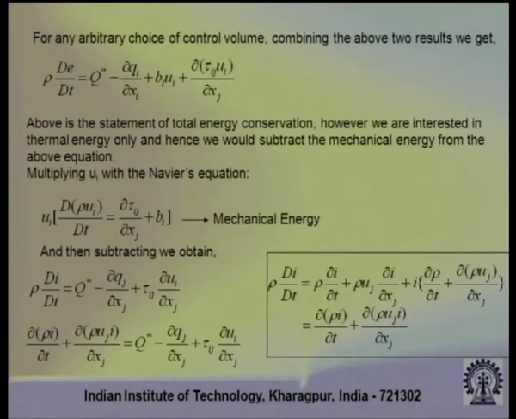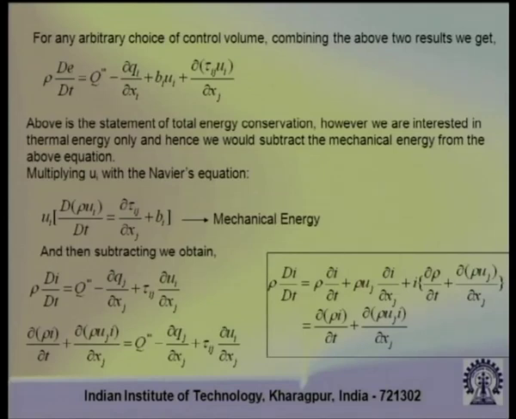So, we are left with that, and we can again switch from a non-conservative form to a conservative form by using the continuity equation. In the box given on the right, what is shown is how you can transform the non-conservative form with the total derivative of internal energy into a conservative form, where you also use the continuity equation. When you do that, you are left with this equation where you now have internal energy as a variable, and on the right hand side you have the heat flux and the stress tensor with the rate of deformation tensor.